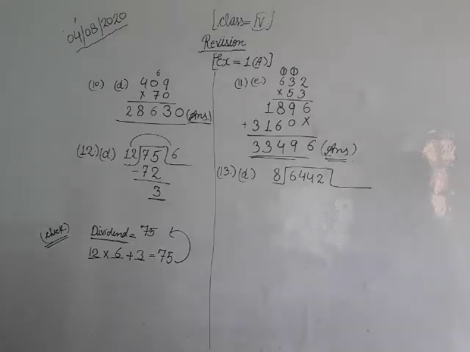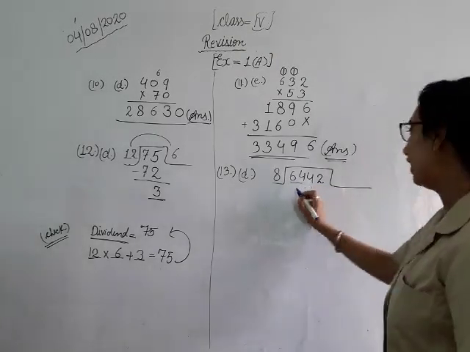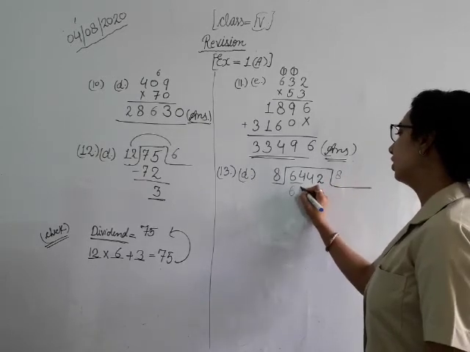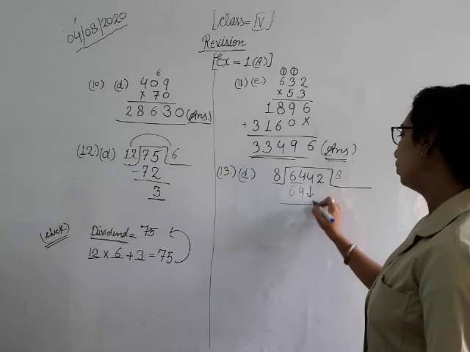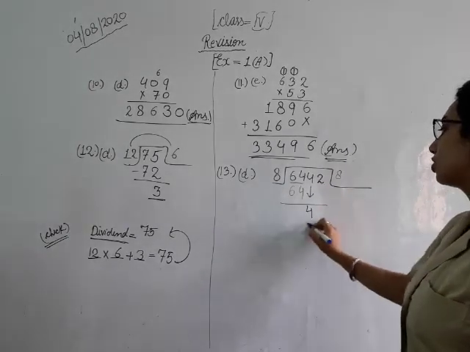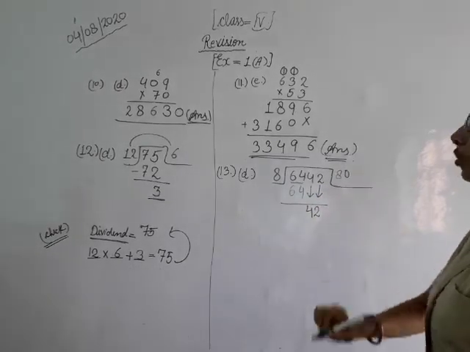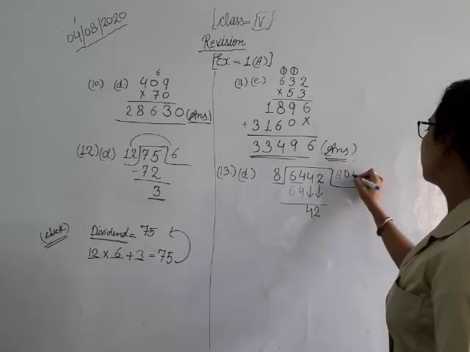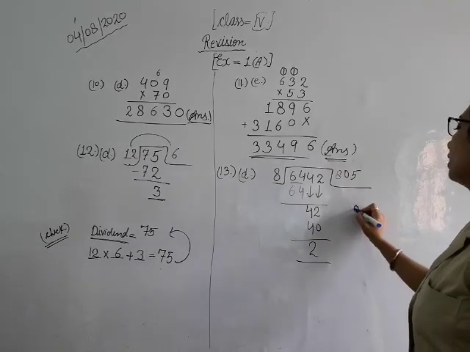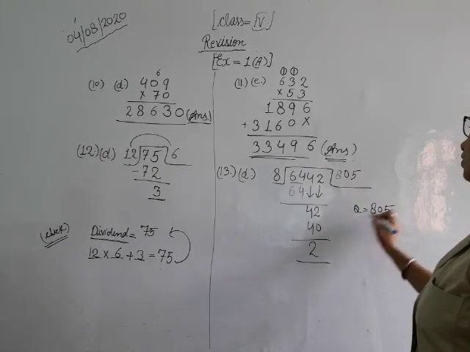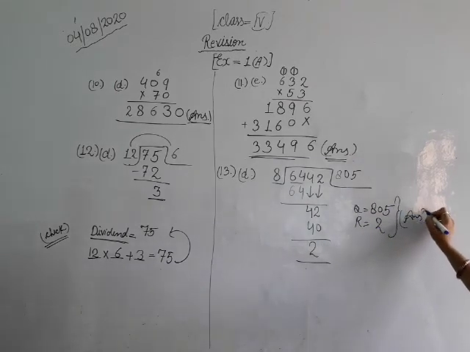Okay, I hope you have completed. So, first of all, we will consider these two digits here. Okay, so 8 8s are 64. No remainder is there. If you subtract, we will write down here 4, and it is not enough, so we will carry down the second digit also, by putting here 0. Understood? Now 8 5s are 40. And here our remainder is 2. So quotient is 805 and the remainder is 2. This is our answer. Okay.